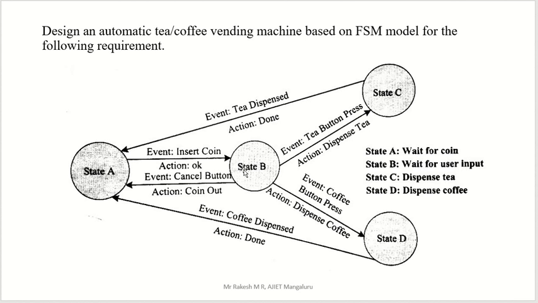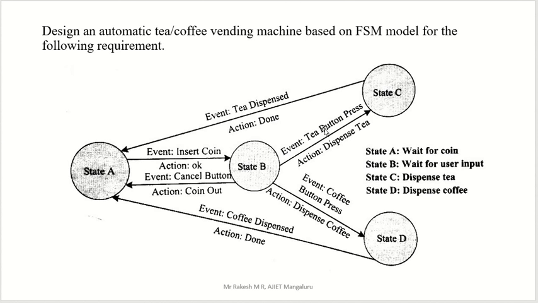Now consider you already added your coin and you are getting one screen there. In this screen you are getting two options, either tea or coffee. In the lower side you have another option, press yes. Now you are choosing tea and you are pressing yes. Now the event, what is that? T button press, that is pressed by the user.